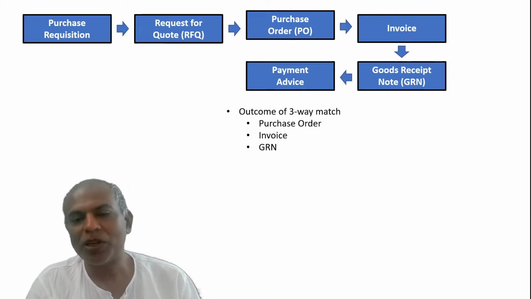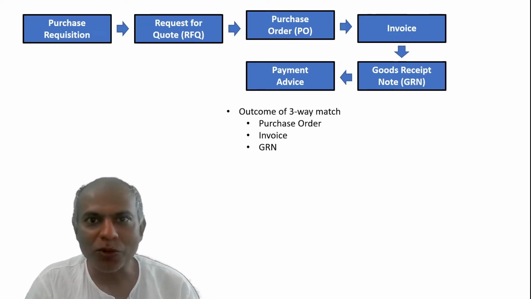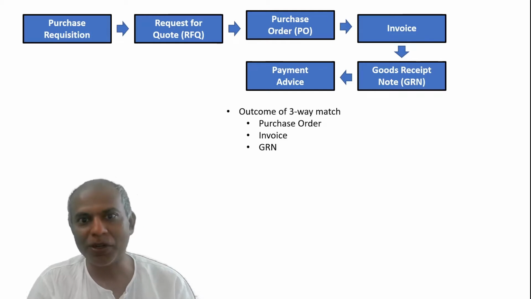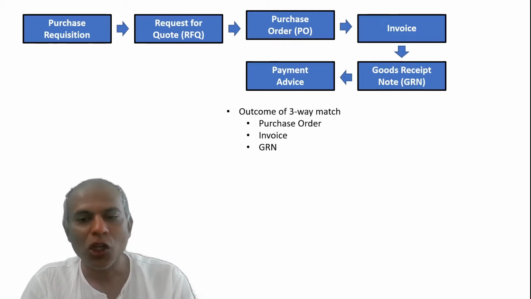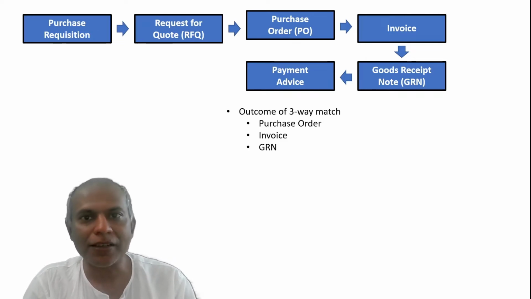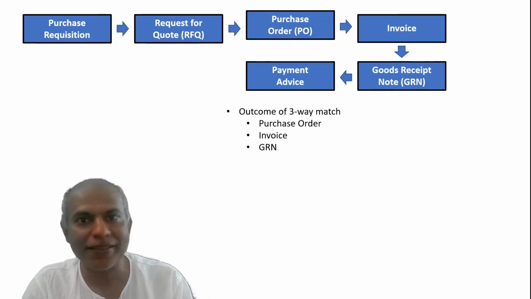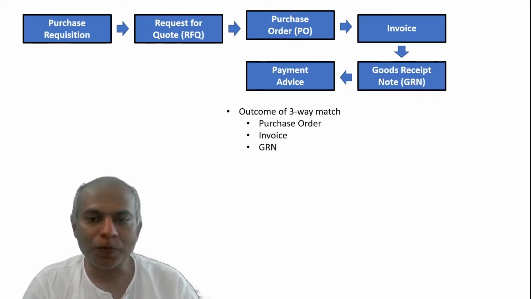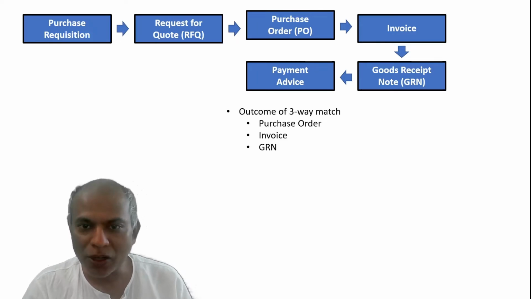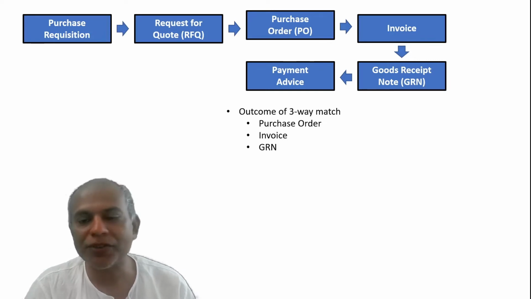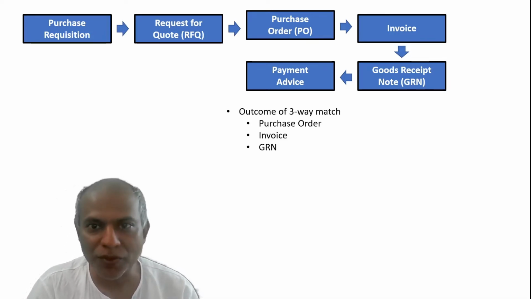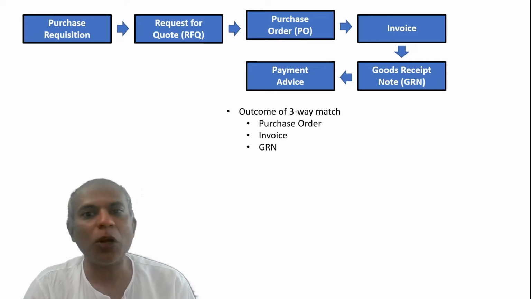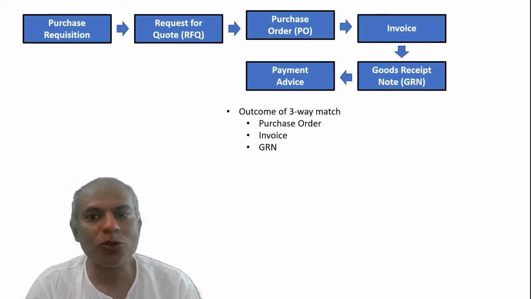So the accounts payable department is supposed to match these three documents and then create the payment advice. And the three documents are the PO, the invoice, and the GRN. So what happens here is that the invoice mentions the price and the quantity. And as soon as all these three documents are generated, the accounts payable department compares the price from the invoice and the price from the PO, and also the quantity in the invoice and also the quantity